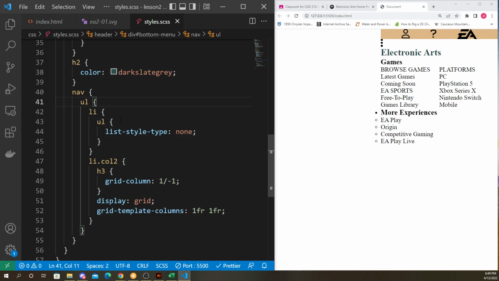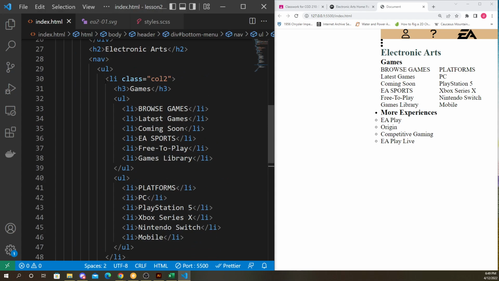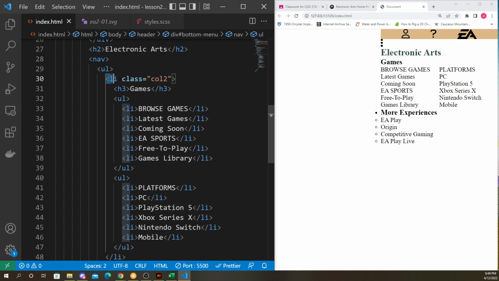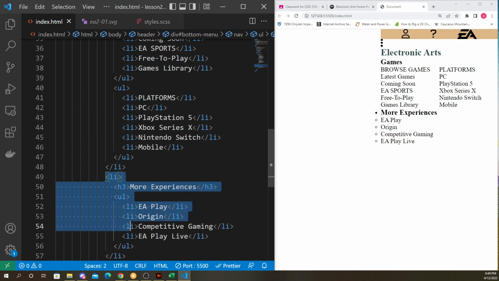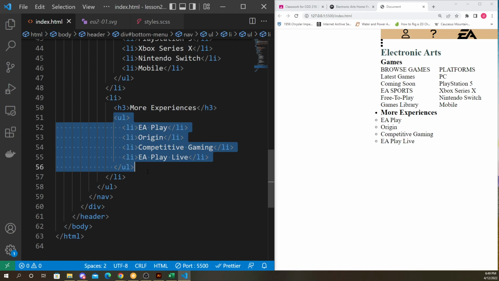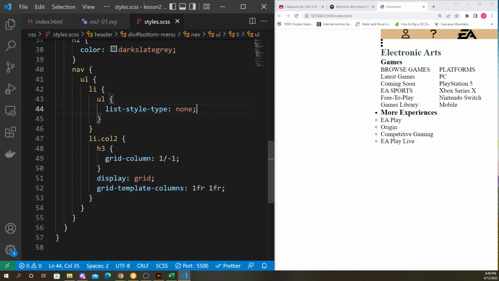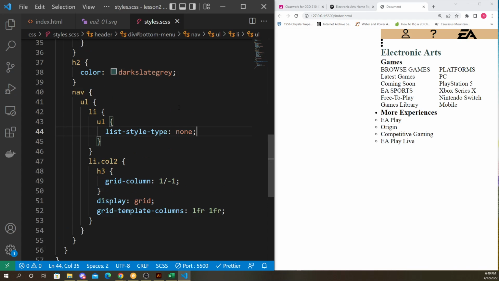Oh, why is it still showing? Nav UL LI UL. We want to be list style type none. So